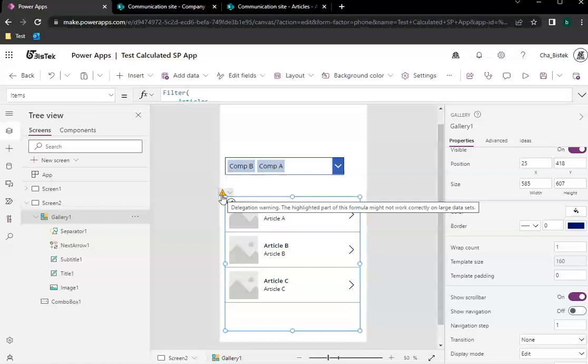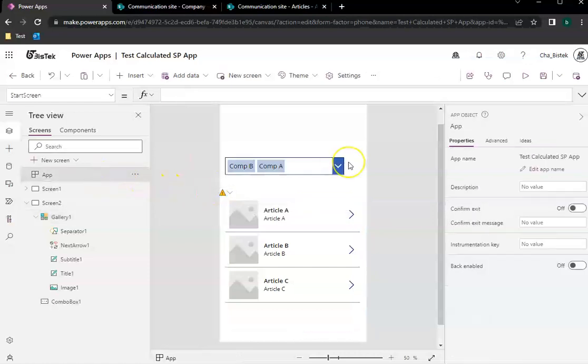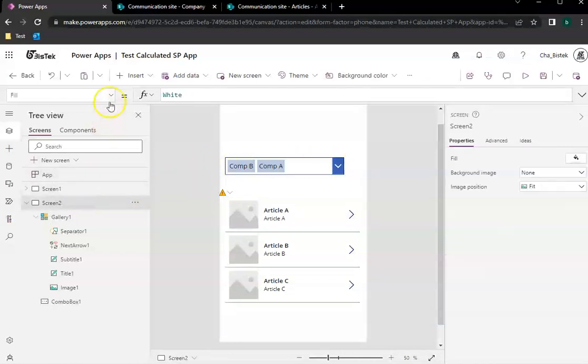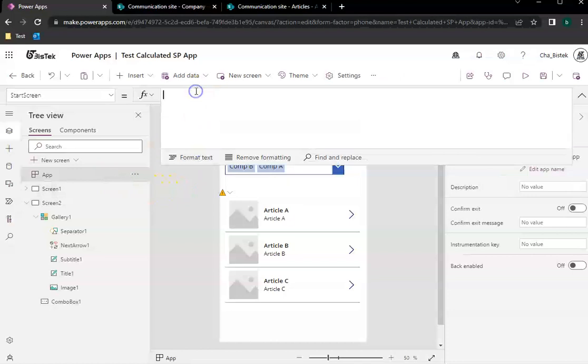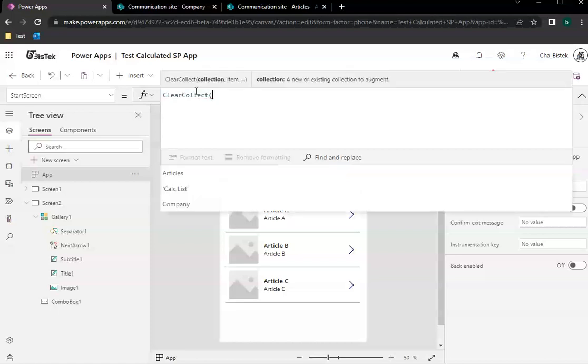One way to do a collection is when your app loads, but in this case we can also add it in screen 2, so that whenever screen 2 is visible, you do the collection initialization. Let's do both. Let's have it here, collect. So this command, what it does is when the app opens, we're going to create a